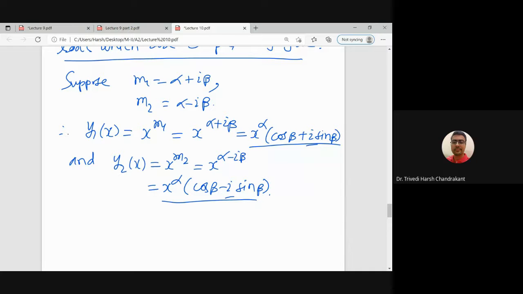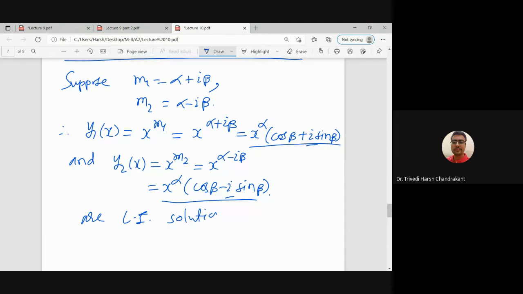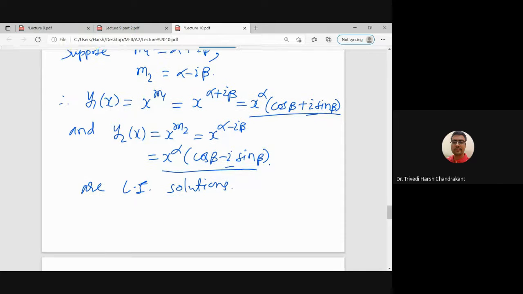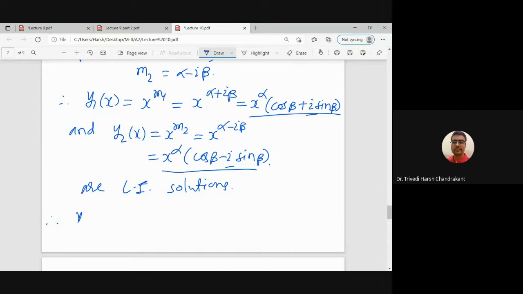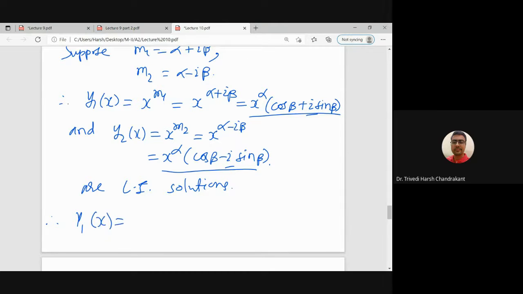So the same thing we are doing here. What we know is this y1 and y2 are LI solutions. So why are they LI? Because m1 is not equal to m2. So therefore the corresponding solutions, capital Y1 of x, which is the real part,